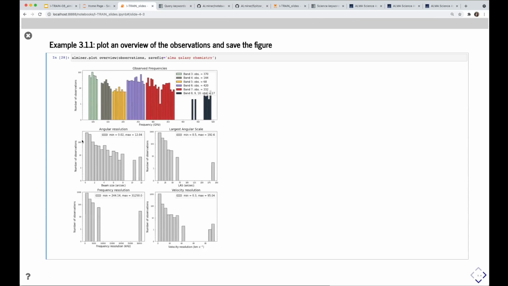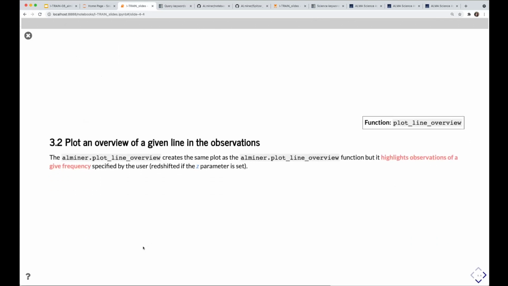Then here you see the number of observations as a function of beam size, then as a function of largest angular scales, frequency resolution in kilohertz, and velocity resolution in kilometers per second. Okay,